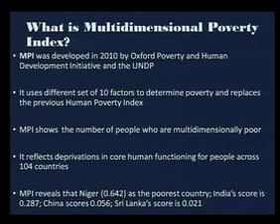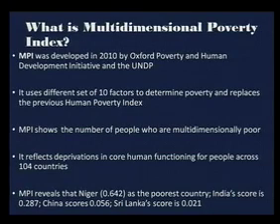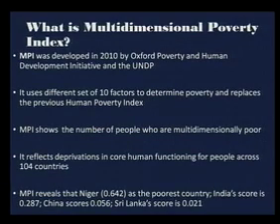So MPI shows the number of people who are multidimensionally poor, not one dimension of income, not 3 dimensions of longevity, income and something else. It has 10 dimensions. It reflects the deprivation of core human functionings for people across 104 countries. I'm a little fast now, right? MPI reveals that the worst value of MPI is 0.6, which is Niger,